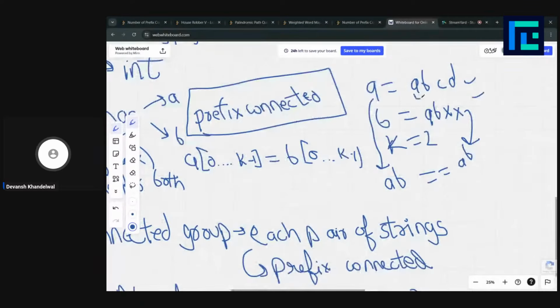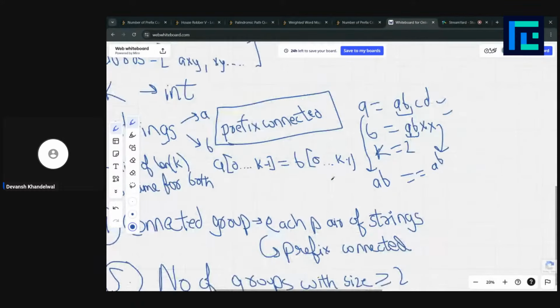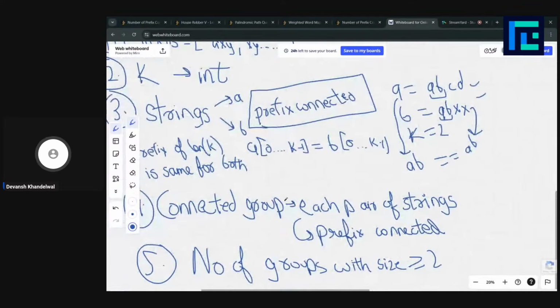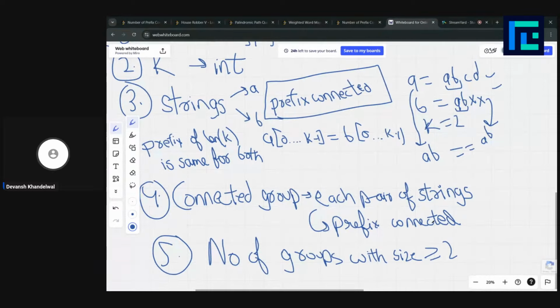The prefix of length 2 for a is ab, and the prefix of length 2 for b is again ab. That means they are prefix connected, and a connected group is such that each pair of strings in it is prefix connected.